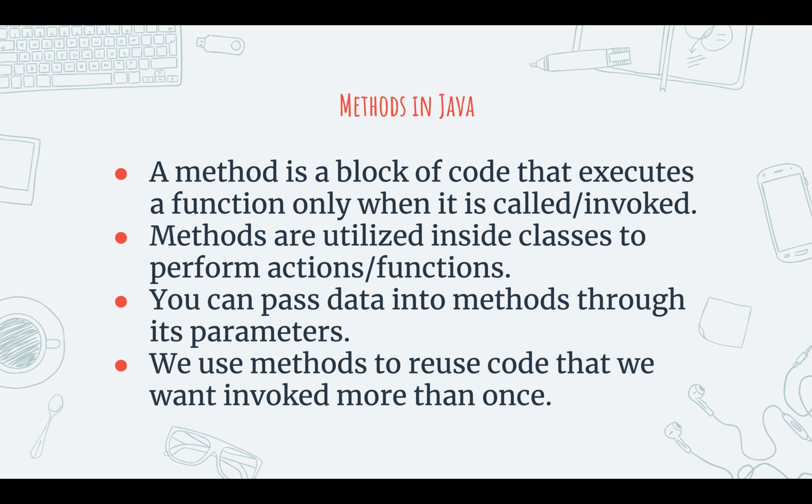I've discussed that in my introduction to methods video, but we'll do it again just so that we conquer that skill. Finally, we use methods to reuse code that we want invoked more than once. That's a very important thing, because if we just did a function and then wanted to do that multiple times, it would be very hard on us to code that like 20 different times in the proper location. It's just better to create one method and then invoke that method, maybe with the proper arguments